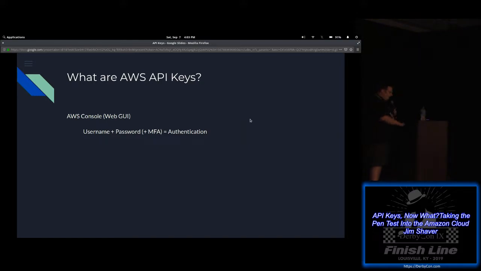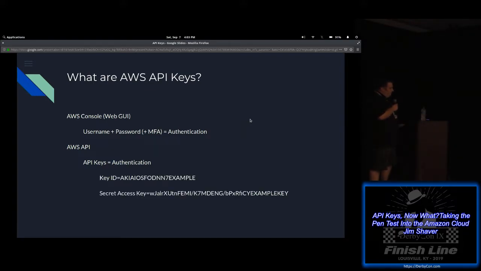That is your authentication. When you authenticate against the API, you're using API keys. This is what AWS API keys kind of look like, so that you can find them. We're going to talk about how to find them a little bit later, too.